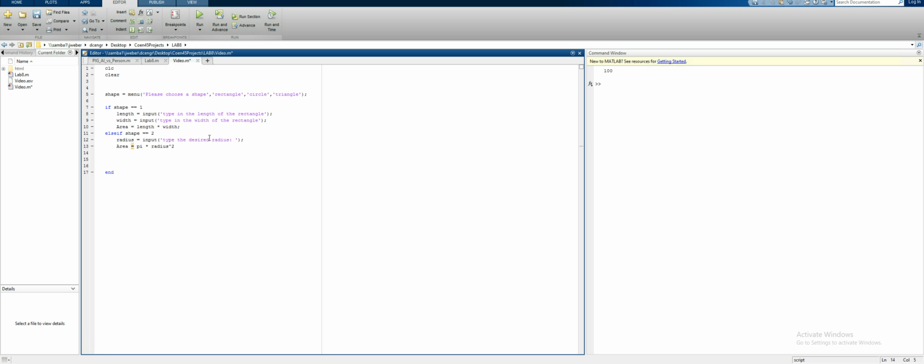Okay. And then finally, if it's neither the rectangle or the circle, and you were to choose triangle, then we're going to use the else statement, and that'll ask us to input our base. So base is equal to input, and we'll write our string, type the desired base of the triangle, and we'll copy this for height,